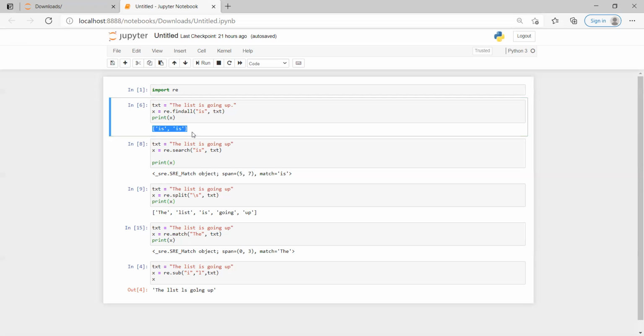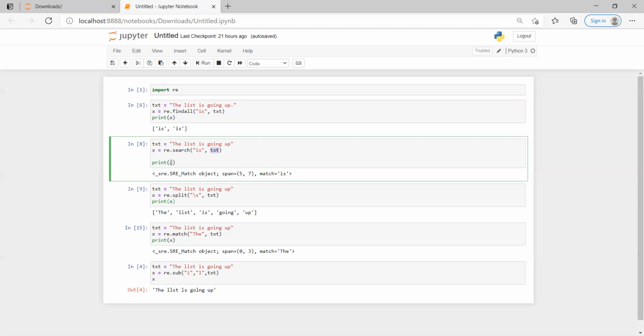Now coming back to another operation, which is the search operation. Here I have the same text, "the list is going up", and I'm going to make use of search. This search will give me the exact place where the occurrence is happening. I'm checking for "is" in this text. What is the output? You see span of 5, 7.